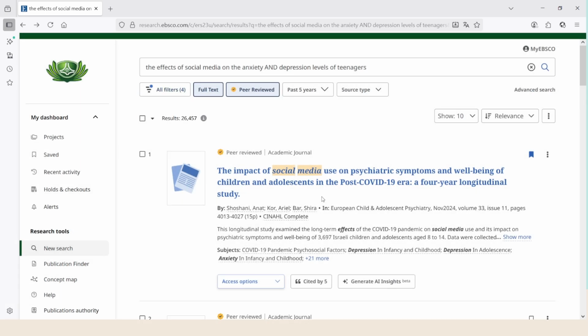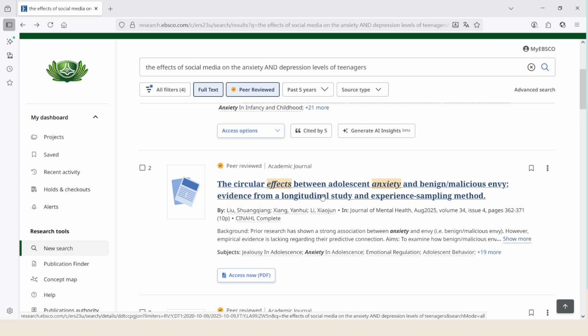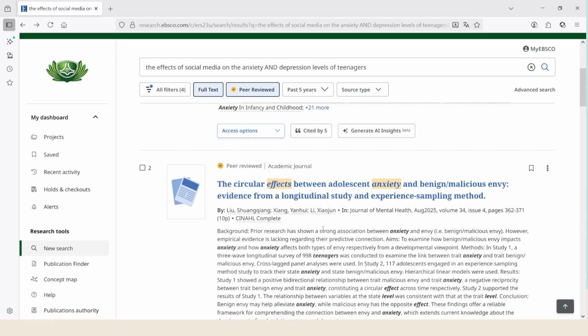If we look at the second result on my result list, I can see the article is a peer-reviewed article. The title is here, and you will notice some words in italics as they are to do with our search terms. If I click show more, I can see the entire thing.